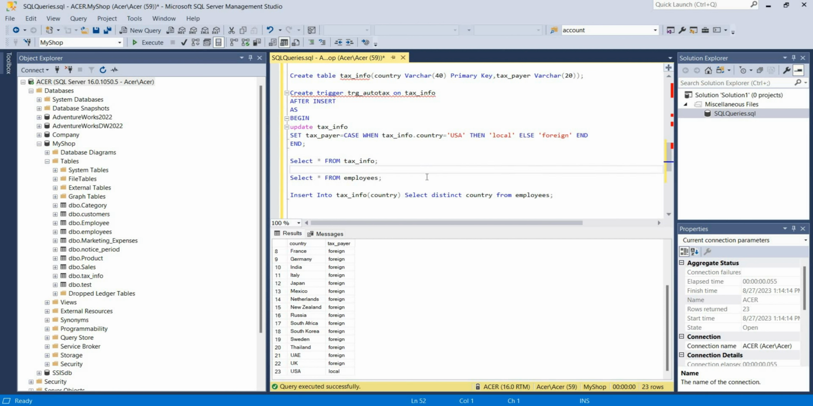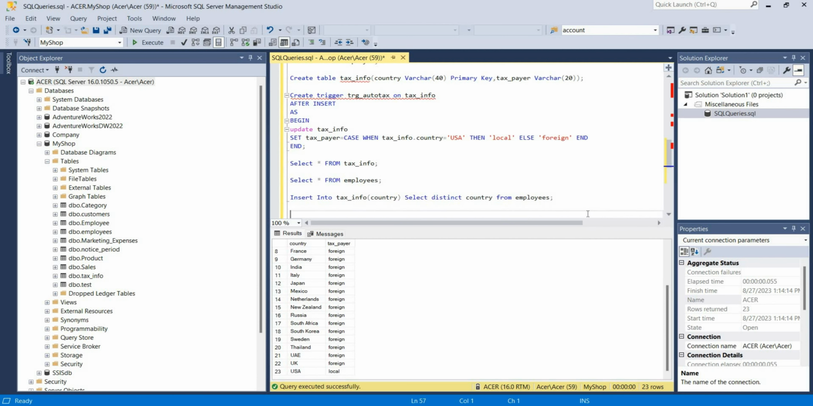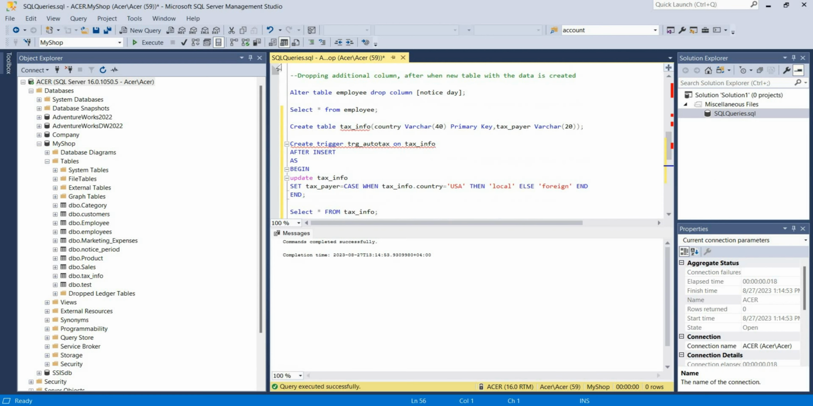Okay, now we have information about taxpayer, we have information about notice period, and we don't need to have employee original table. Okay, so we can drop table employee. We don't need to have that anymore. That's fine. Let me comment this. I'll dropping additional table. Here we can do